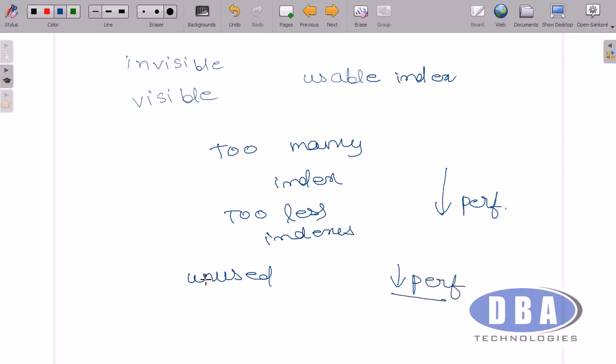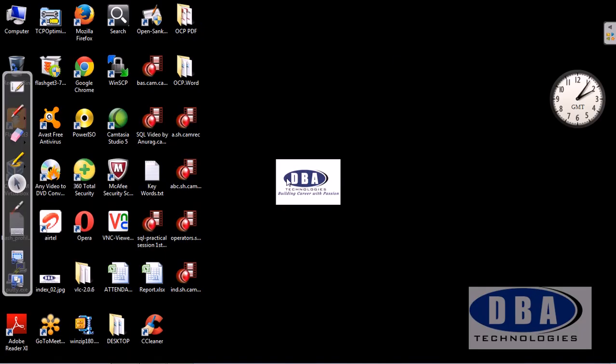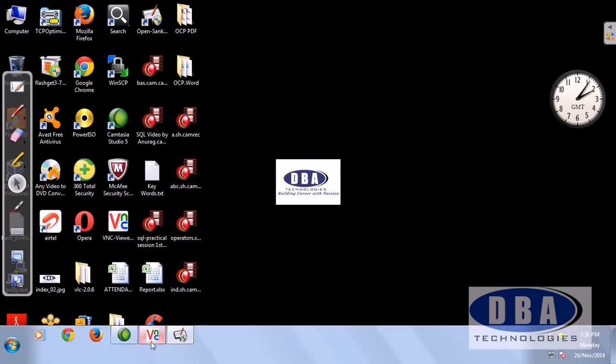So continuously we need to monitor indexes. Okay, monitoring indexes is very important. If we monitor the index, we can see whether the index is being used or not. If the index is not getting used, we should drop the index. Why? Because it is consuming storage space and it is an overhead. Okay, unusable indexes should be removed to increase the performance. So let us see all these indexes in our demo session now.